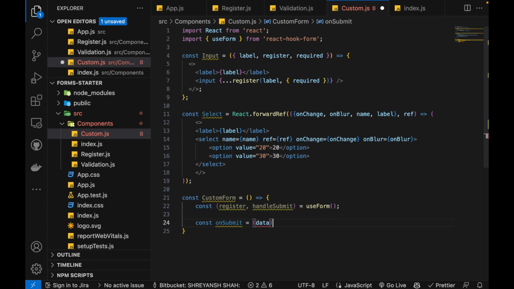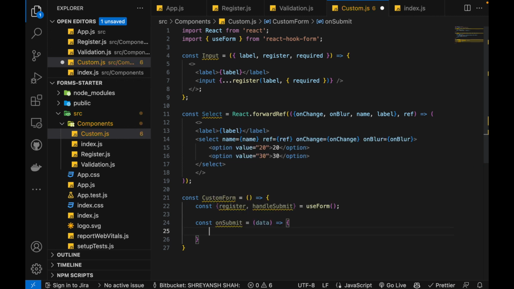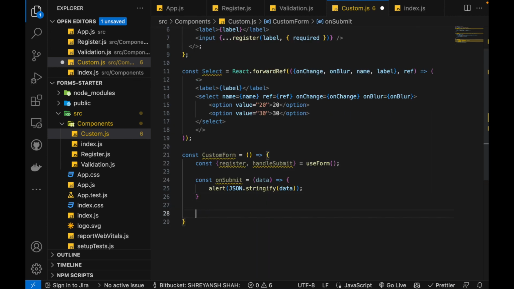It is going to get this data, okay, which is the form data actually, and we can just again console log it. Okay, or if you want to see the data in an alert, we can also do that. So here I'm just going to write alert, okay, and we can just JSON.stringify it. Okay, then let's actually return JSX, in which we are going to make use of these two custom components. Okay, so here I'm just going to return some JSX, again a simple form,